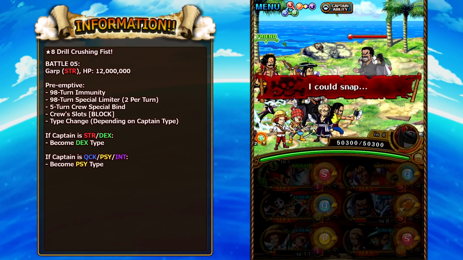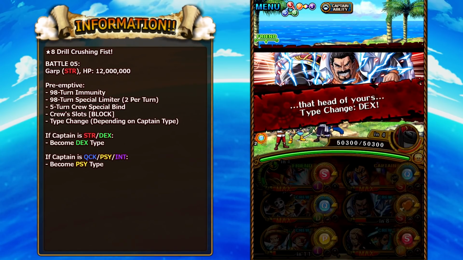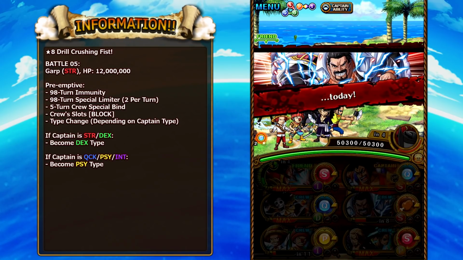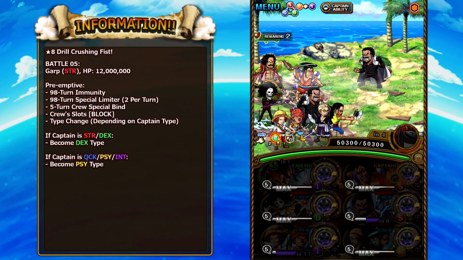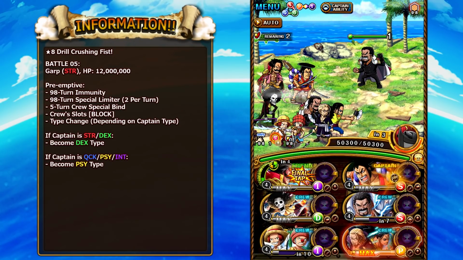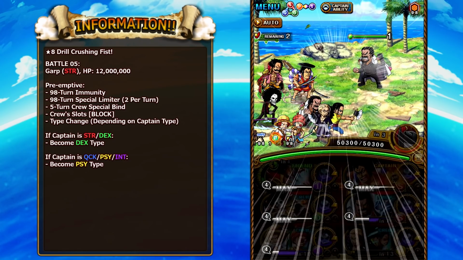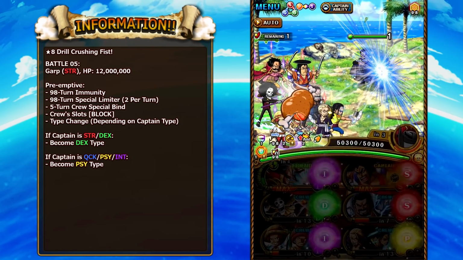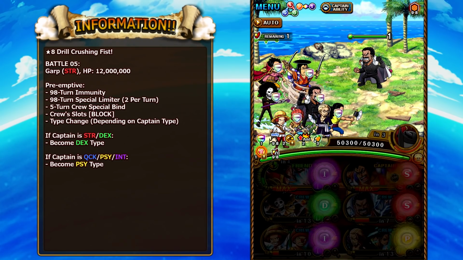And the final stage here against Garp, this guy also changes color depending on what type your captain is. So because we have a strength captain, he will become a Dex unit, so we do have type advantage there. He special binds our crew 5 turns, gives us block slots, and also limits our specials. We can only use 2 specials for the entire last stage, and you definitely want to kill him as soon